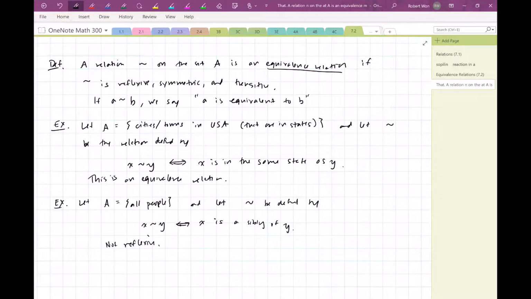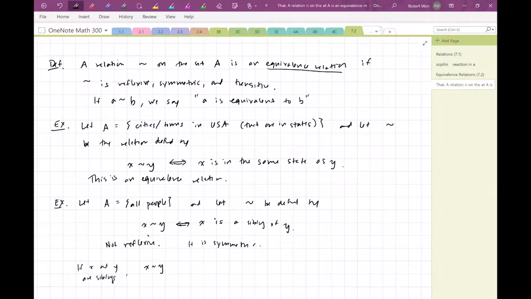Okay, is it transitive? If X and Y are siblings and Y and Z are siblings, then does it follow that X and Z are siblings? I gotta say, I'm tempted to say yes, but the answer is no. Okay, so maybe I should say first, it is symmetric. It's almost transitive, but it's not, because if x and y are siblings,